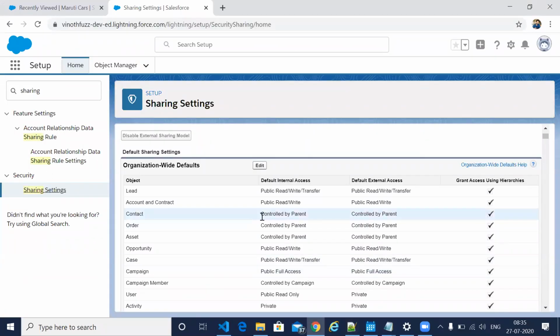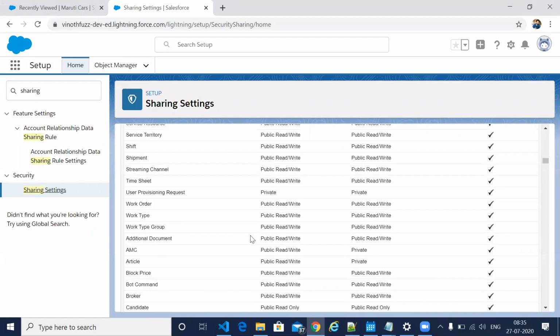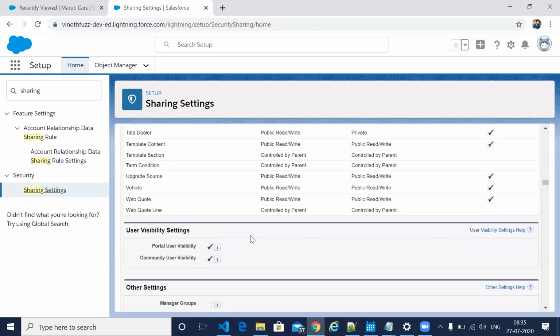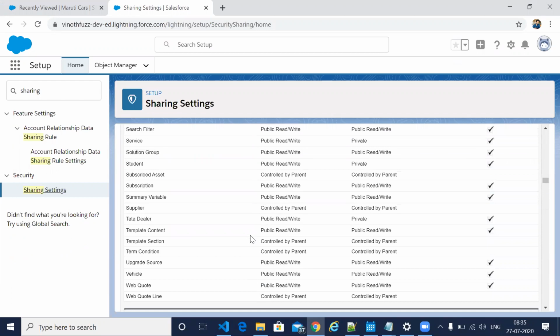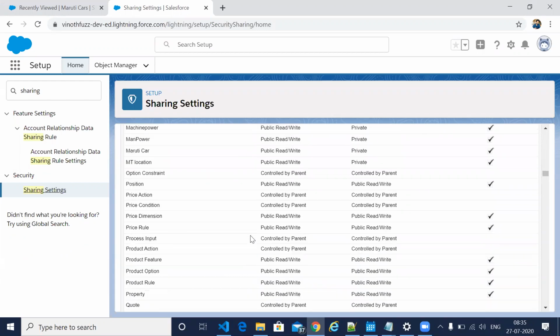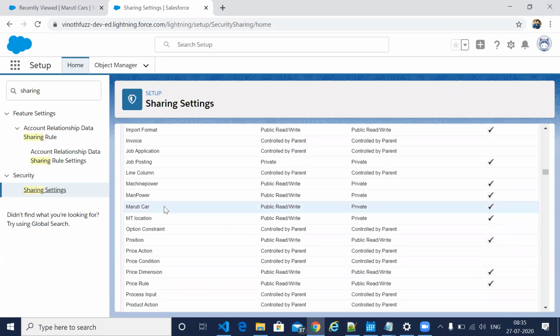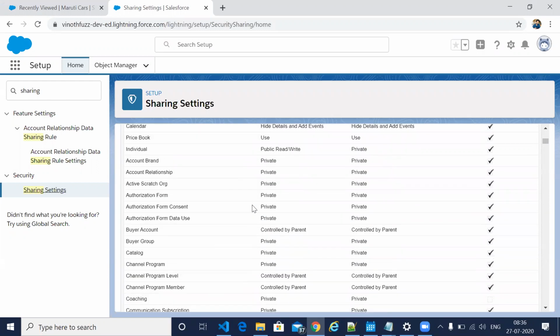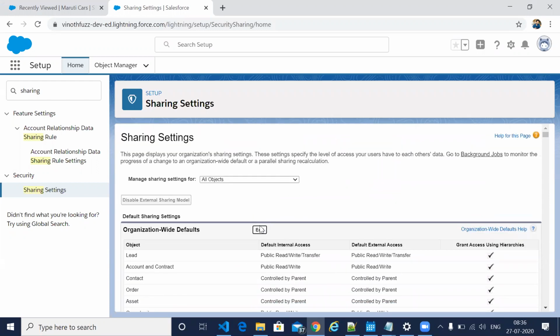Let's say we created an object, Maruti car, the Maruti dealer. Let me click edit.